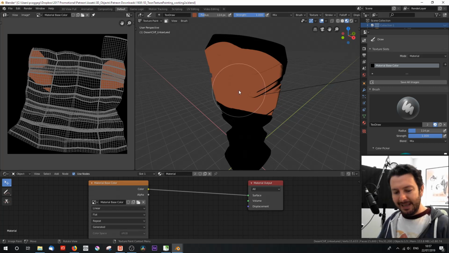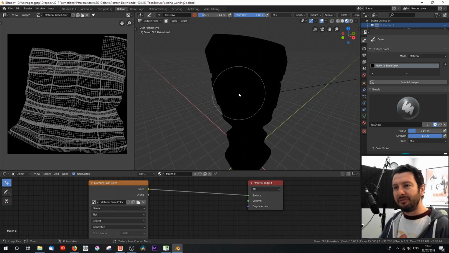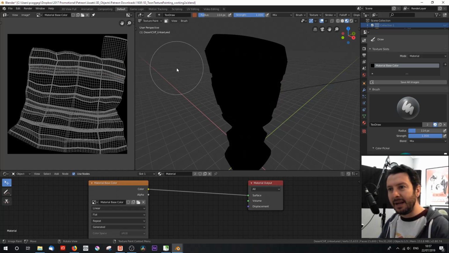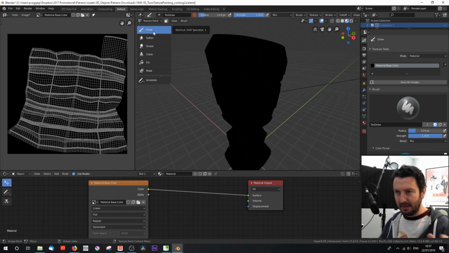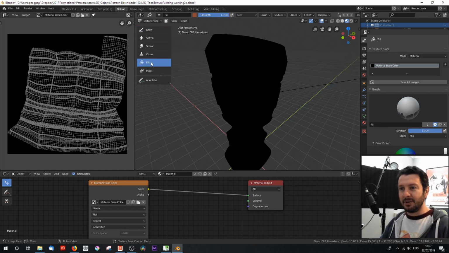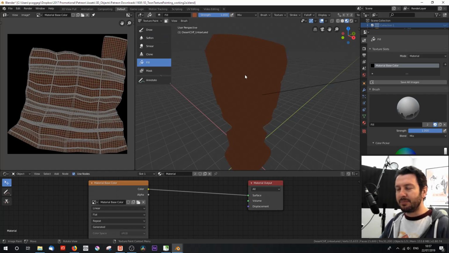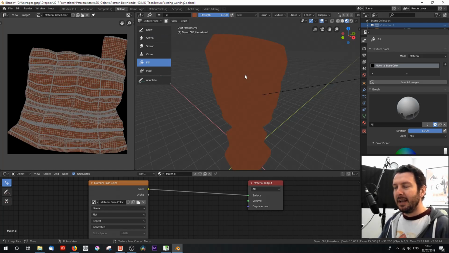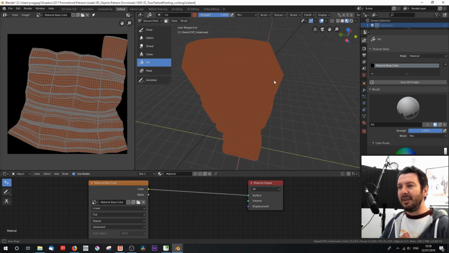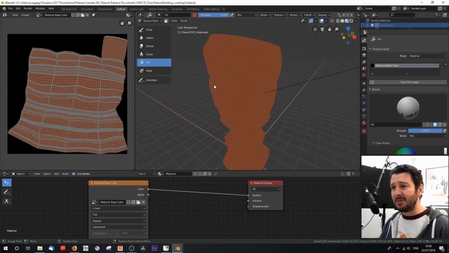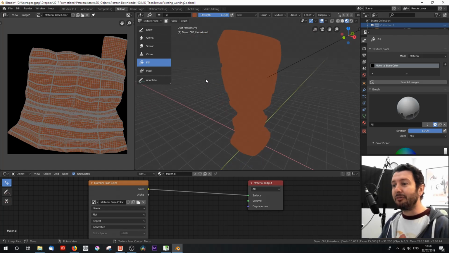But what I want to do is fill this, okay? I want to fill it once, because I want to work fast and I want to work precisely. So in my left-hand tool menu, we've got our brush selections, and one of these is fill. So I'm going to click on that, and now when I click on the object, I have to click a few times because it'll just brighten it up every time, okay? We get the color filling the entire object,